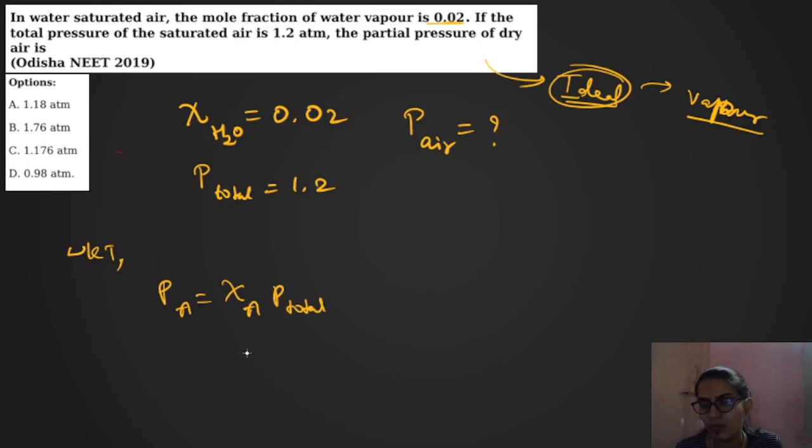So if I talk about P air, the partial pressure of air, it should be equal to mole fraction of air into total pressure. But we don't have mole fraction of air, we have only P total. To find out this, first we need to find out